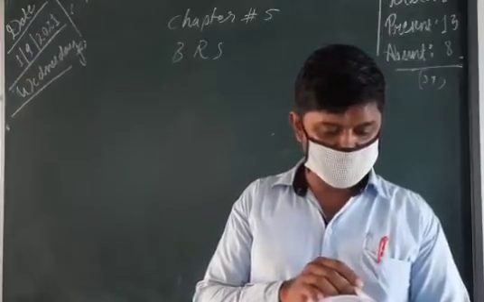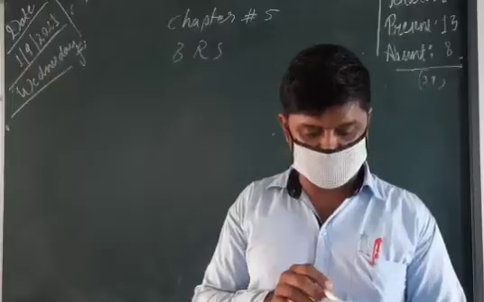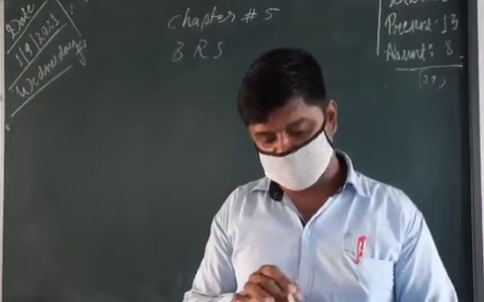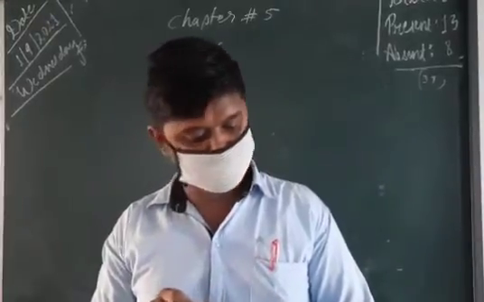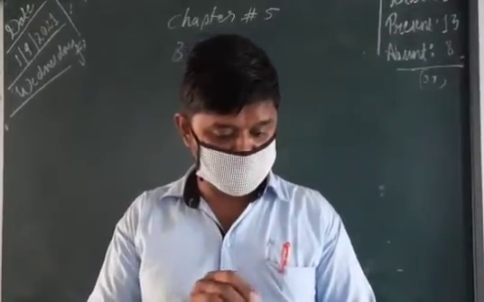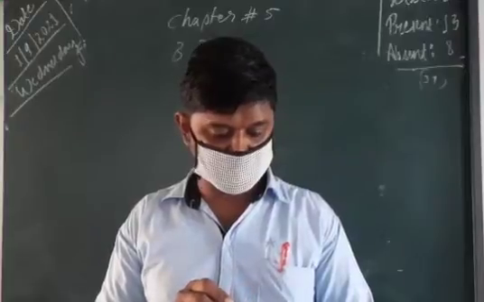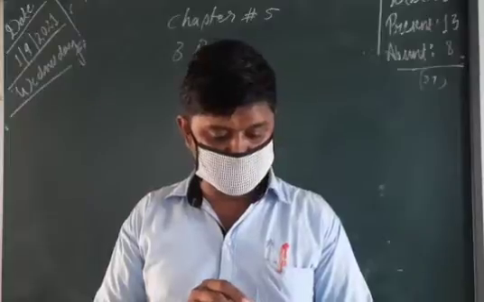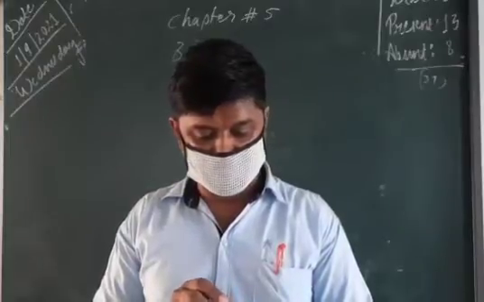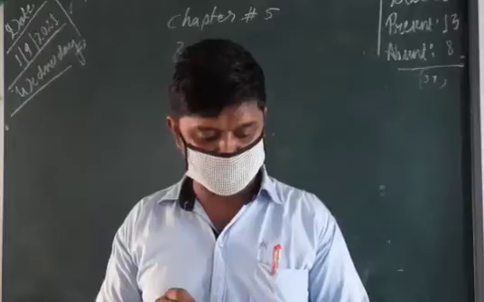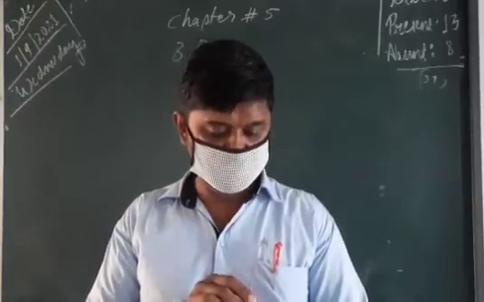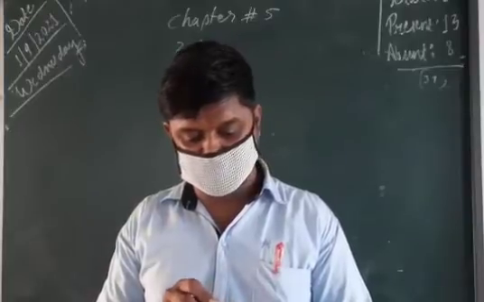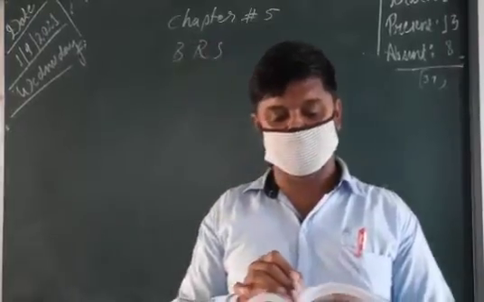The bank had directly collected a dividend of rupees 8,000 and credited it to the bank account, but it was not entered in the cash book. Next, fourth one, bank charges of rupees 400 were not entered in the cash book. Next, fifth, a check for rupees 6,000 was deposited but not collected by the bank.